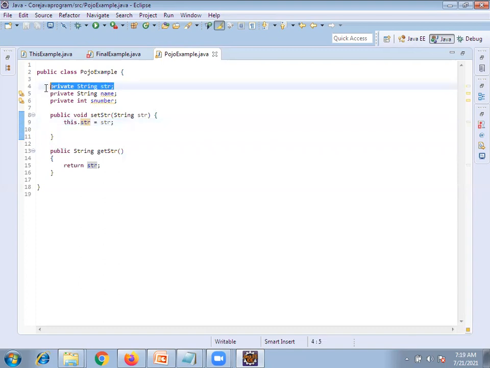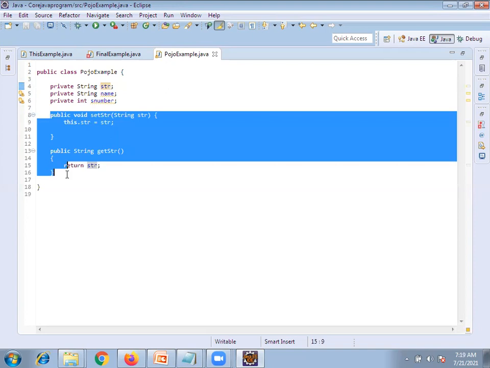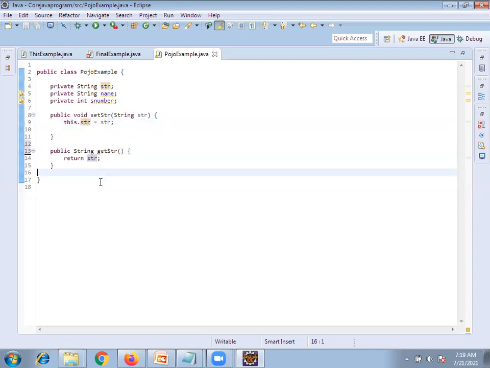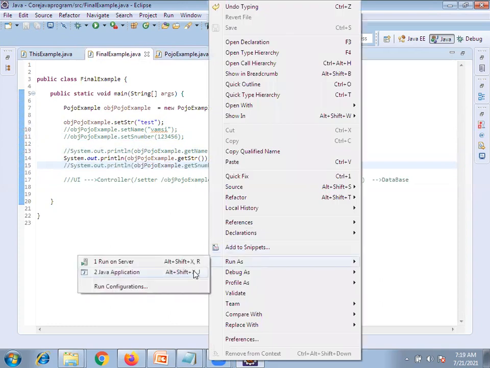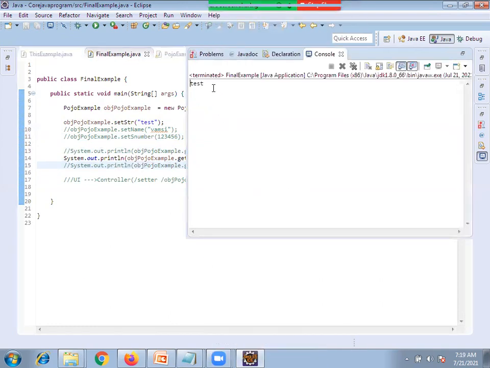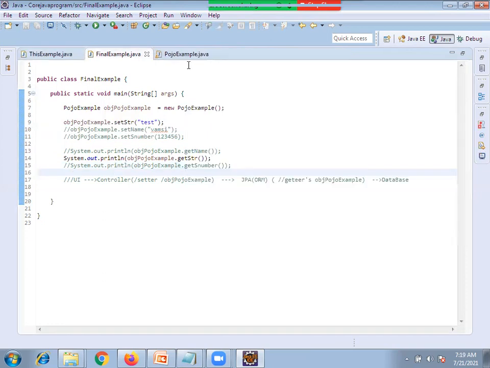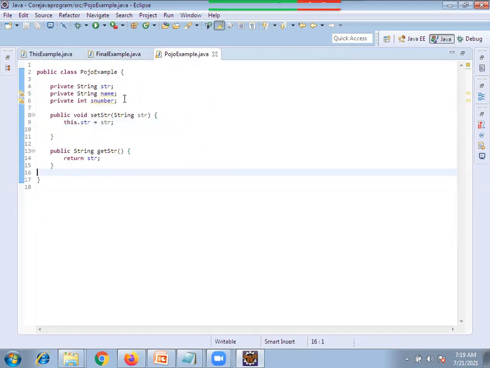So for this we are creating it manually. Manual creation will always take time, right? But it will work. You can see, you can come here. Got it, how I have written? Yes. Now come here. We are getting an error because we do not have a main method. Right click, run as Java application. Output test is there, right? Yes. So like that, I don't want to write manually.